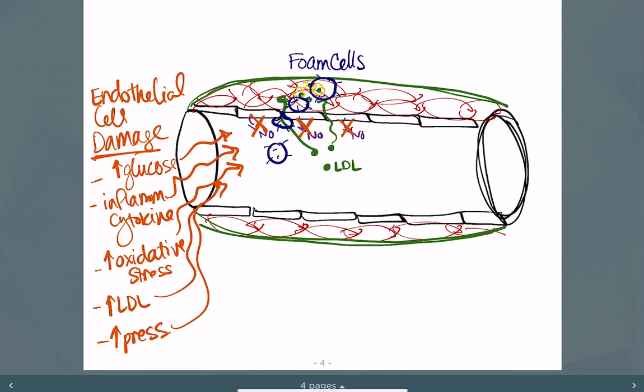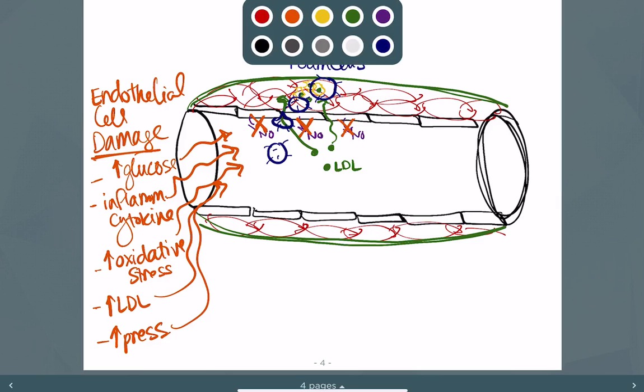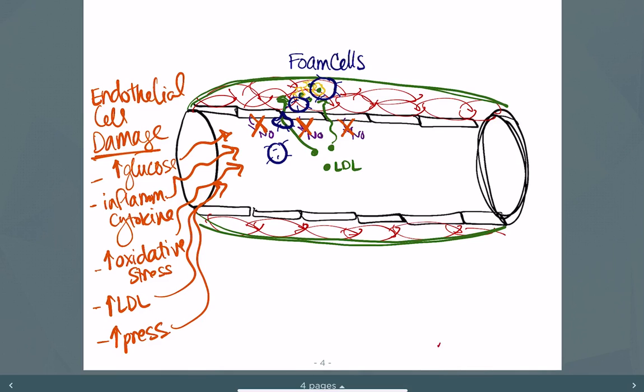Foam cells are macrophages that have engulfed oxidized LDL in the vessel wall. So because the endothelial cells couldn't keep the walls of the vessel protected, LDL and white blood cells can move into the wall. The cytokines released from those foam cells cause the vascular smooth muscle cells to proliferate and